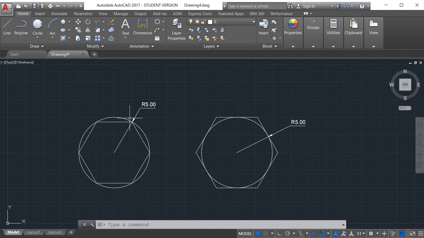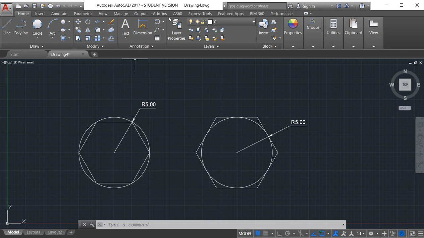In the first method the polygon will be drawn inside the circle of radius 5, and in the second method, the circumscribed circle, the polygon will be drawn outside the radius 5. That is, this corner to this corner distance will be 10, and this midpoint to this midpoint, not corner, this distance between two edges will be 10, and here the distance between these two corners will be 10.